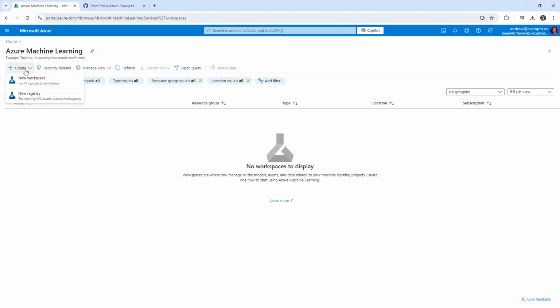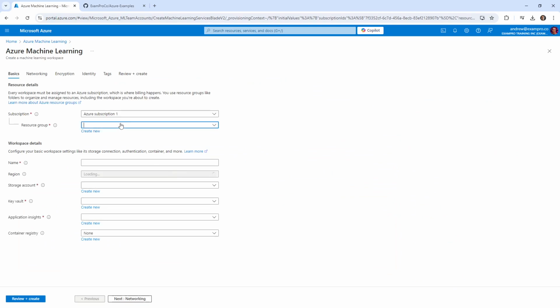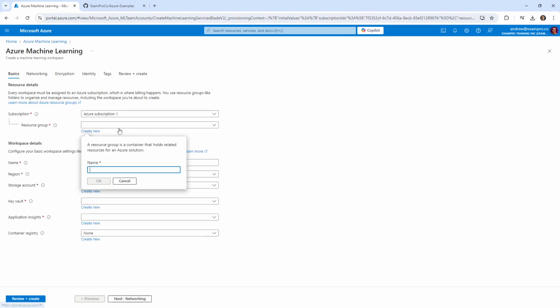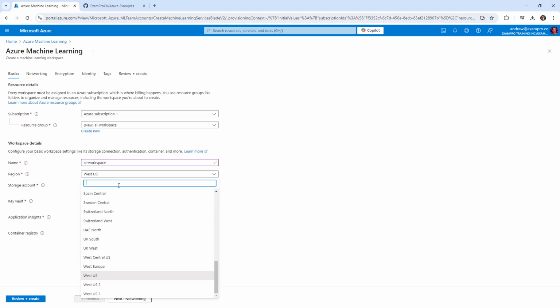I'm going to go ahead here and create a new workspace. I'm going to just say AI workspace. It could be AI or ML workspace, it doesn't really matter. So I'm just going to call this my AI workspace. It could matter where we launch this. I'm going to launch this in